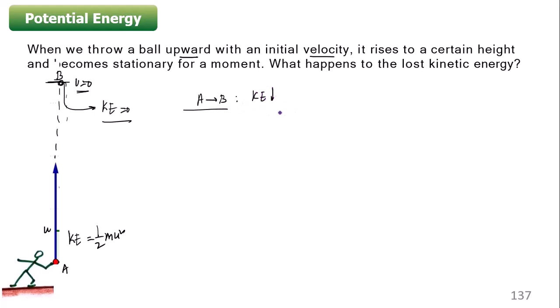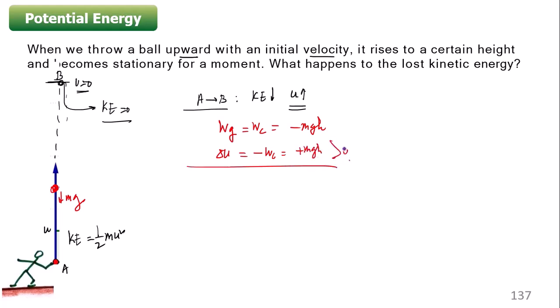And similarly, alternately, potential energy has to be increased. Why? Because the condition is that in this situation, again the work is being done by the track. If I throw the ball, mg is acting downward. So work done by gravity, or work done by a conservative force, can be written as equal to minus mg h. Then delta U, the change in potential energy, is equal to minus of W_C, that should be equal to plus mg h. That means it is a positive number. So that means potential energy has to be increased.